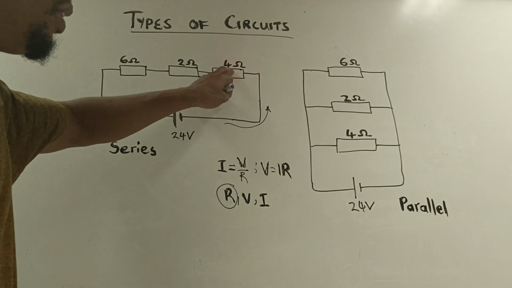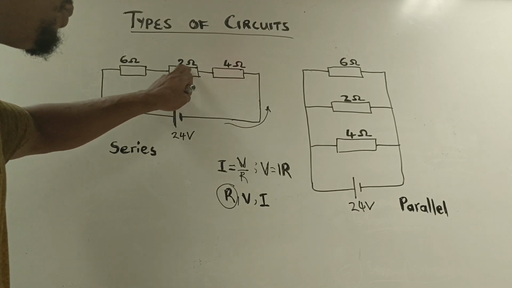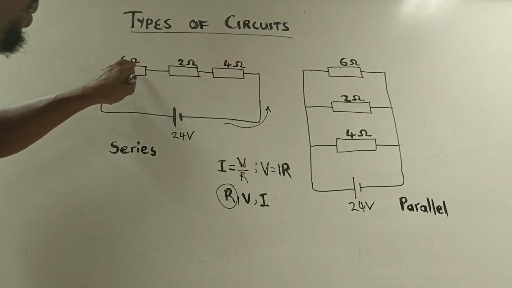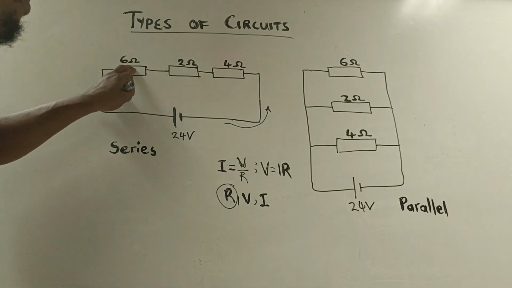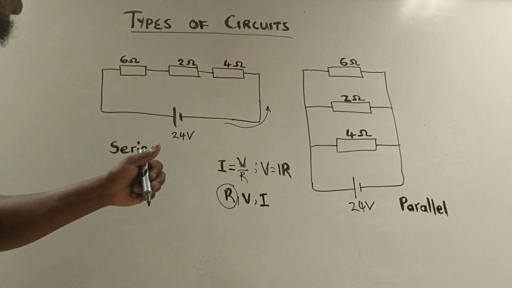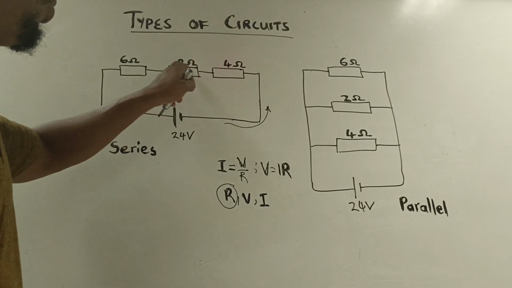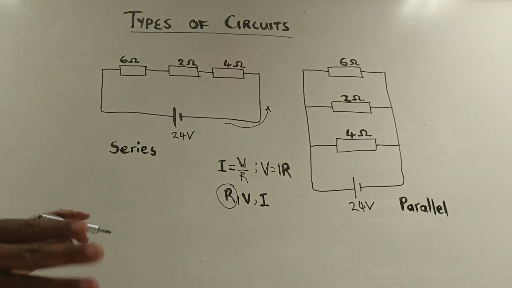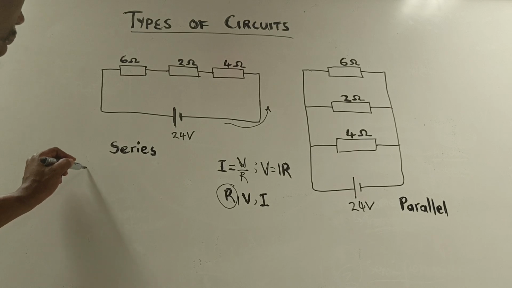After experiencing the 4 ohm, it goes on to experience the 2 ohm. After passing the 2 ohm, it experiences the 6 ohm before going back to the battery. So your electron is going to experience all these resistances. So it makes sense that